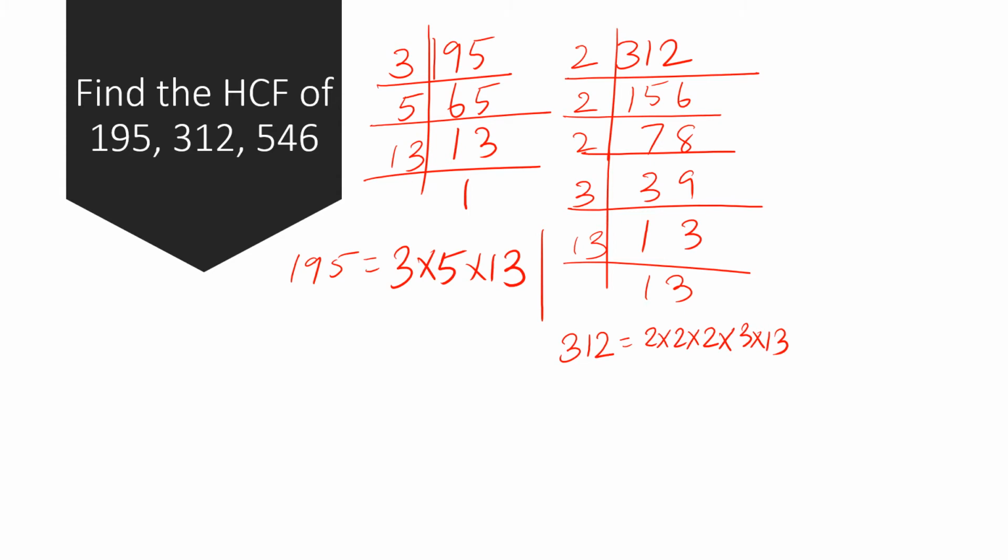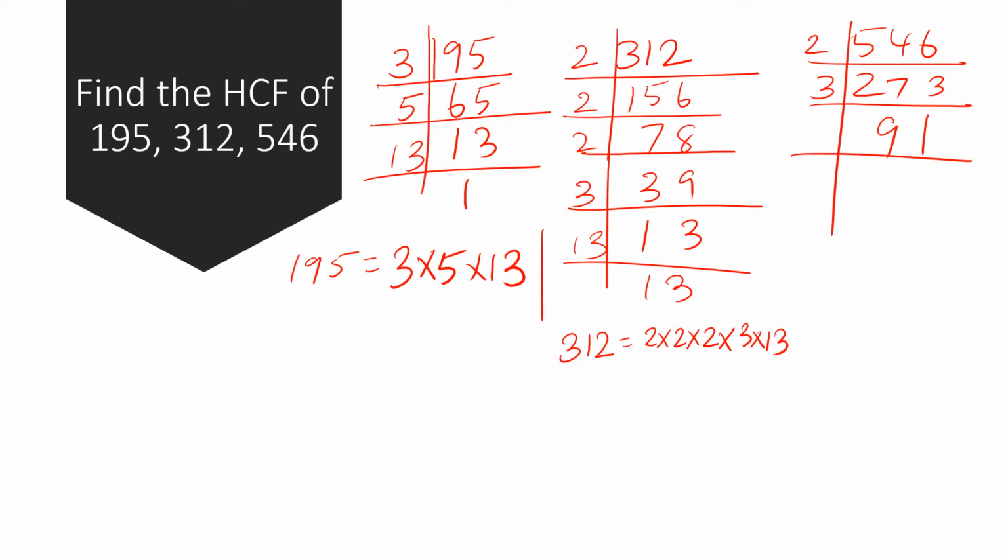Now comes 546. You will prime factorize 546. 2 twos are 4, in 14 7 twos are 14, 3 twos are 6, so 273. Again 2 plus 7 is 9, plus 3 is 12, it can be divided by 3, so you will write 9 threes are 27, leaving 91, which cannot be divided by 3. Now you can think about dividing 91 by 7; it can be divided, 7 thirteens. 13 is a prime number, so we'll close here. So we'll write 546 is equal to 2 into 3 into 7 into 13.